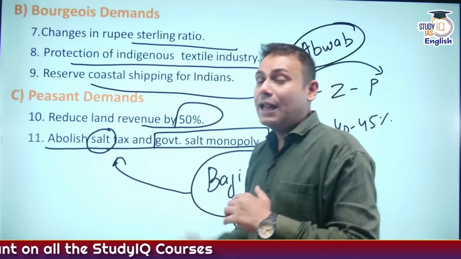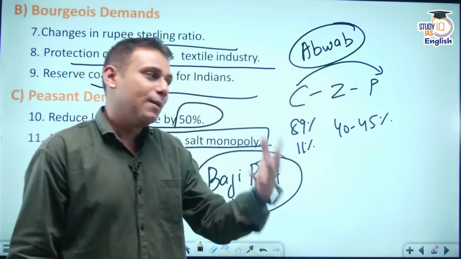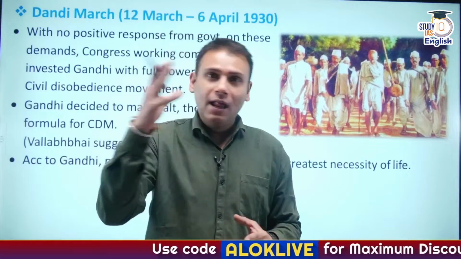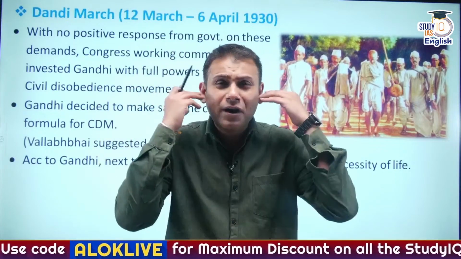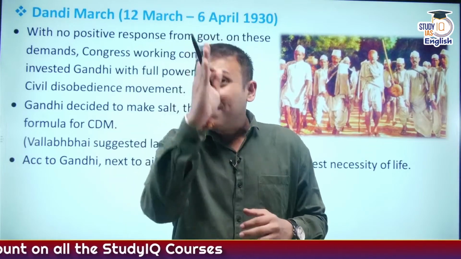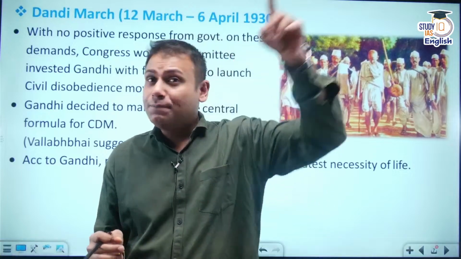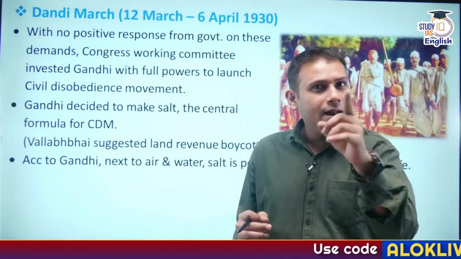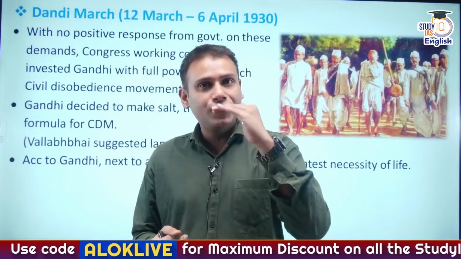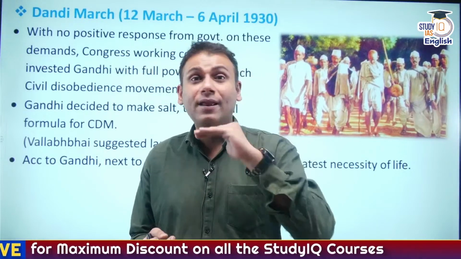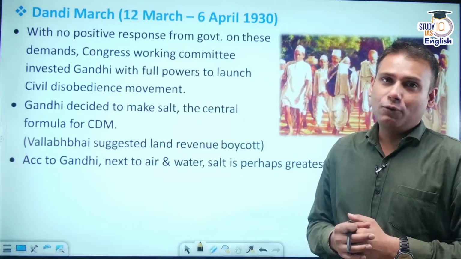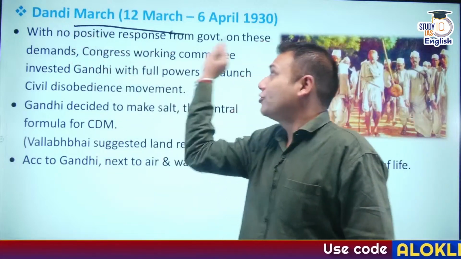Now let's understand about the Dandi March or the Dandi Yatra of Mahatma Gandhi. Mahatma Gandhi gave an 11-point ultimatum to the Britishers and it fell on deaf ears. Britishers hardly listened to any of the demands of Mahatma Gandhi. Meanwhile, round table conferences had been initiated in London. And the Indian National Congress did not attend the first round table conference. For the first time, the Britishers or the Europeans and Indians were sitting as equals. Correct?